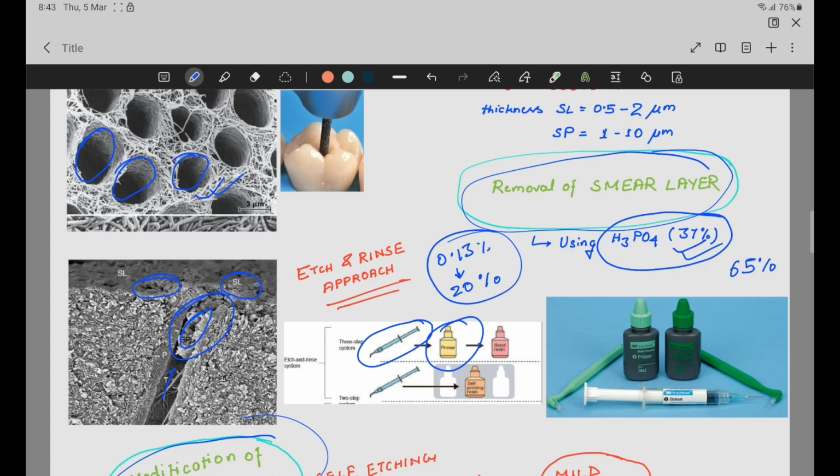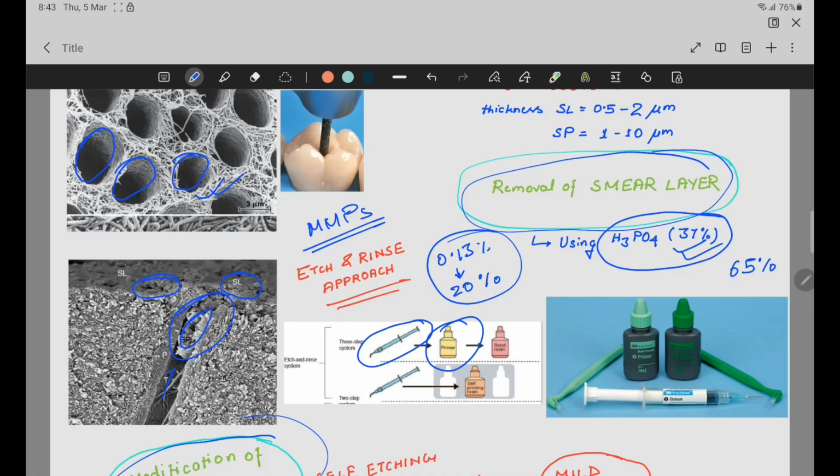As a result, natural enzymes in the tooth, the matrix metalloproteinases or MMPs in particular, get activated and slowly break down the exposed collagen over time,